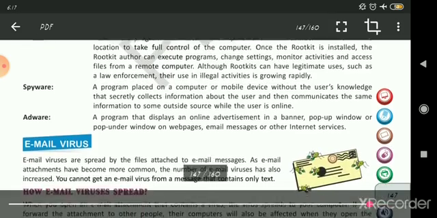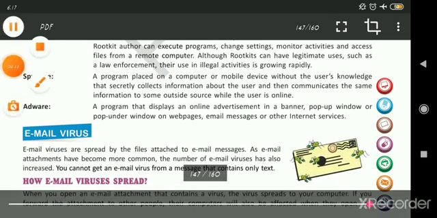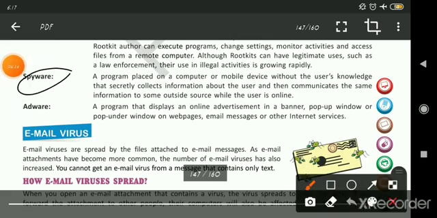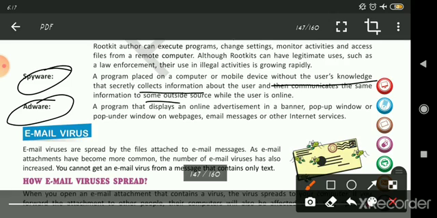Now next, spyware and adware. Spyware is a program placed on a computer or mobile device without the user's knowledge that secretly collects information about the user and then communicates the same information to some outside source while the user is online.